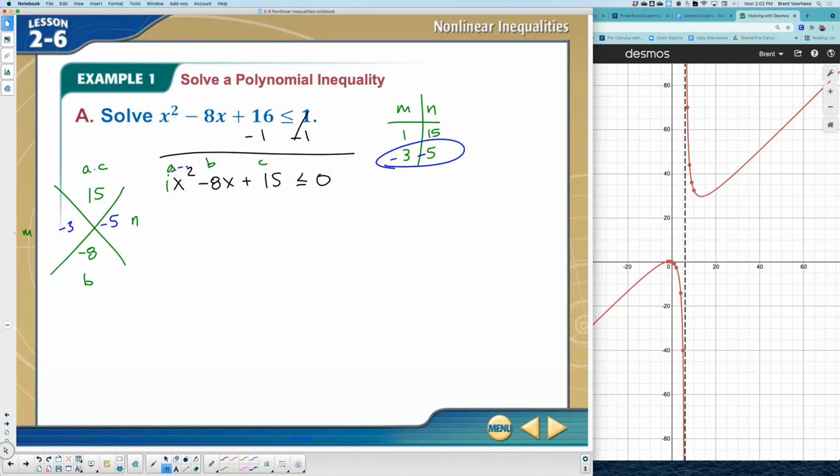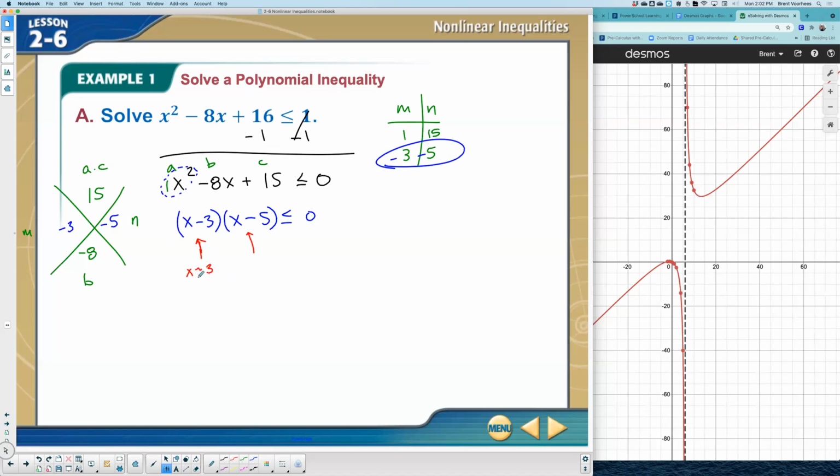So now I would split my a terms apart. And so it'd just become (x - 3) and (x - 5) is less than or equal to 0. So the values that would be the critical values, if you will, the critical values of x would be... what's the critical value here? It'll be 3. So for a second, I'm just going to do a squiggly 3,